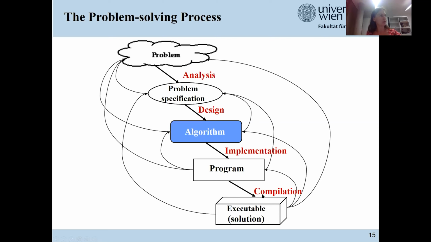Later, this implemented program is compiled by the computer, which means that a sequence of machine executable statements is generated by software, which is also an algorithm, called the compiler. Finally, the compiler outputs an executable, which is a program that you can run on your computer.